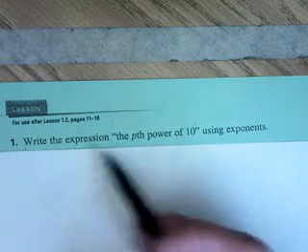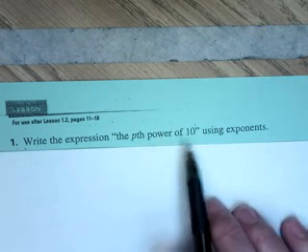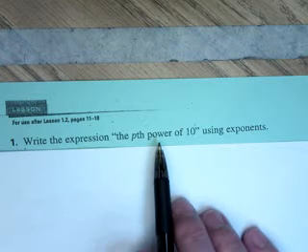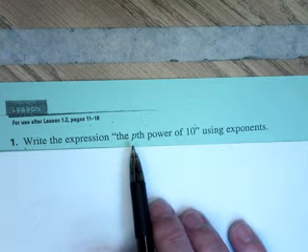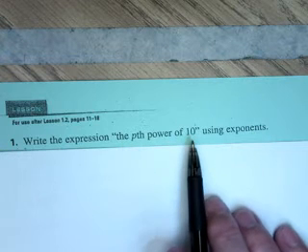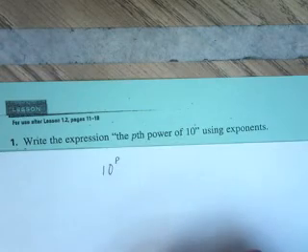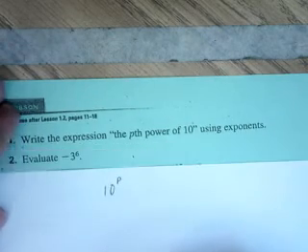It says here, write the expression, the pth power of 10 using exponents. Well, when they say the pth power, p must be the exponent. When they say of 10, 10 must be the base. So you arrange that as 10 to the p. Okay, for number 2,